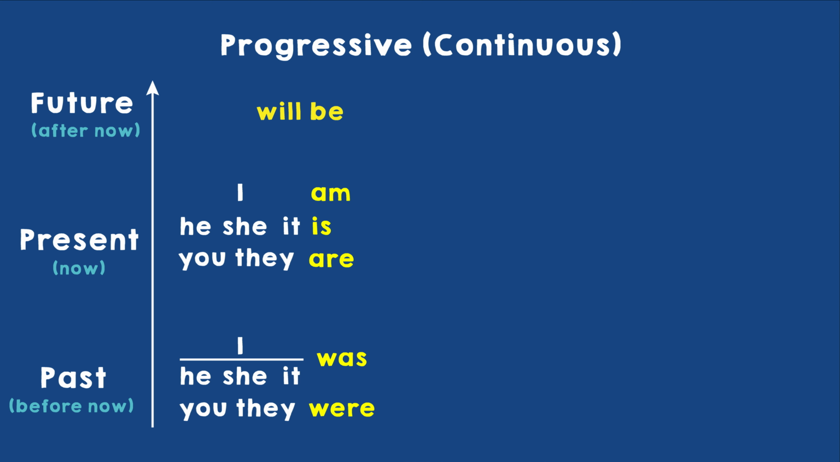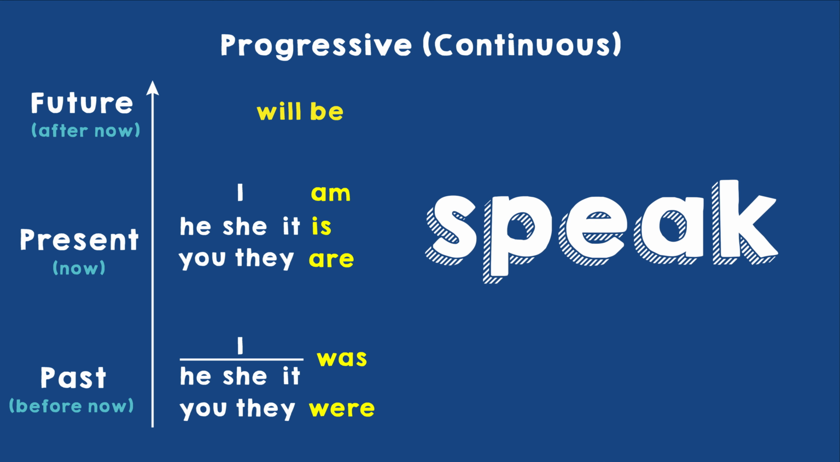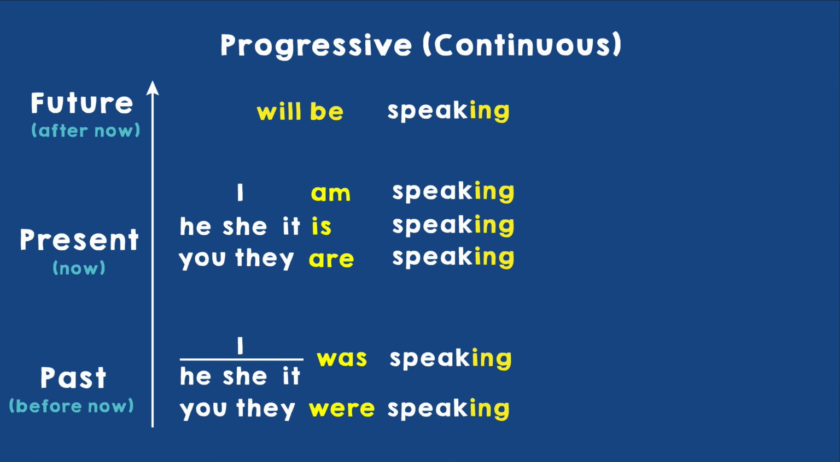And now when you know already how to use the verb be in different tenses, all you need to do to complete making the progressive aspect is just add a verb with an ing ending. So let's take the verb speak, and you'll see by yourselves how easy it is to make the progressive tenses. In the present progressive, we have I'm speaking, she is speaking, they are speaking. In the past progressive, we have I was speaking, she was speaking, and if it is plural, they were speaking,